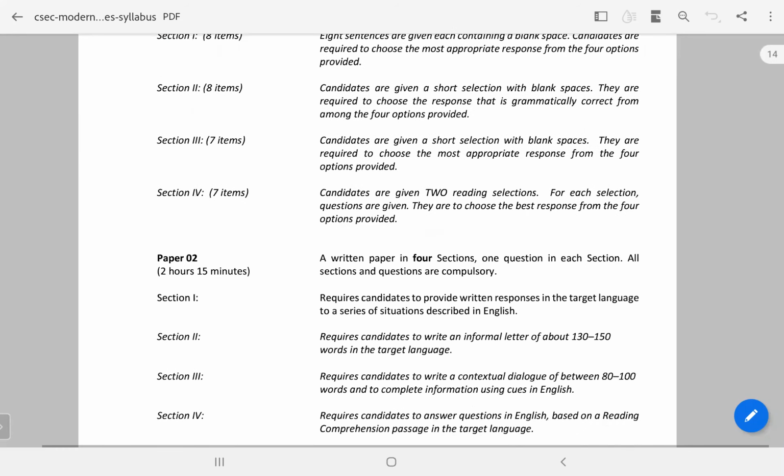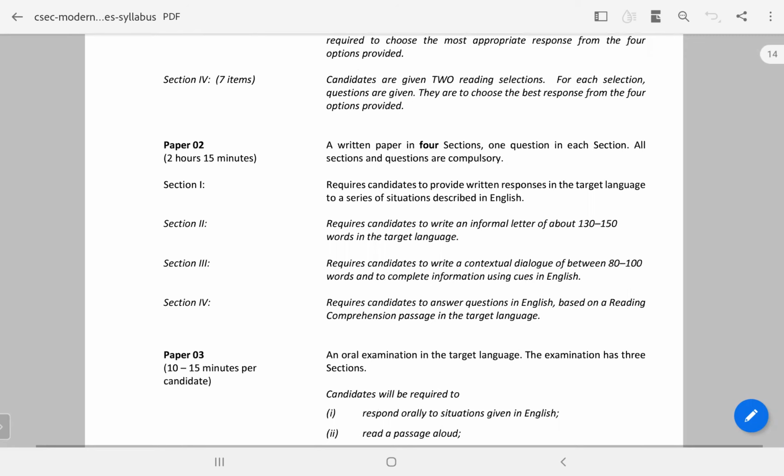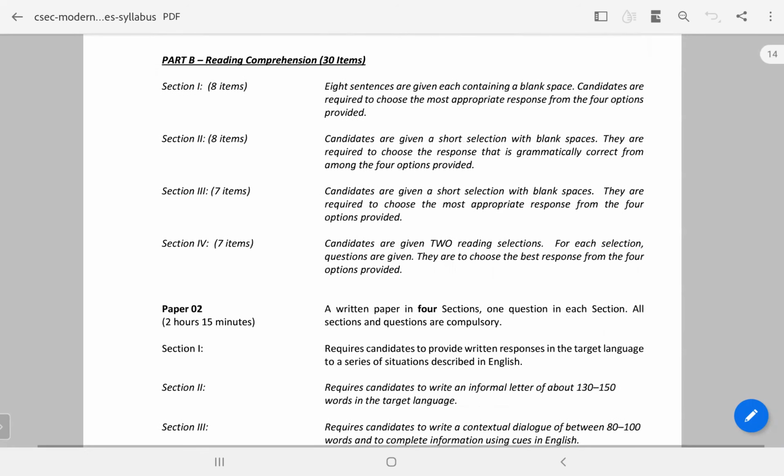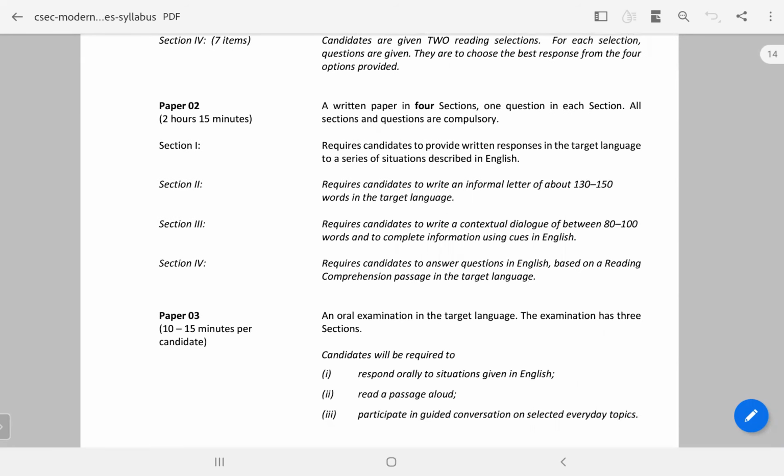Well, they explain everything here for you, so maybe you can pause and read. Paper 2 consists of 4 sections. In section 1, you are given 10 situations. This is what we call communicative situations, and you have to be able to respond satisfying the function that they are looking for. Section 2 talks about an informal letter, and notice it's informal,